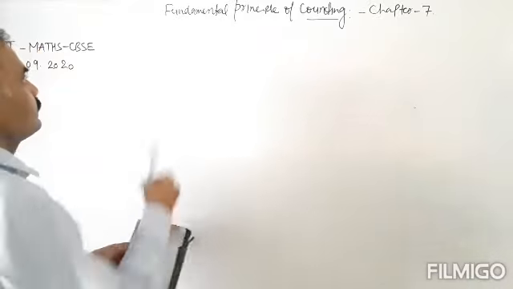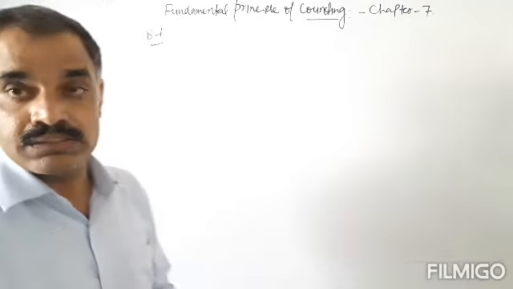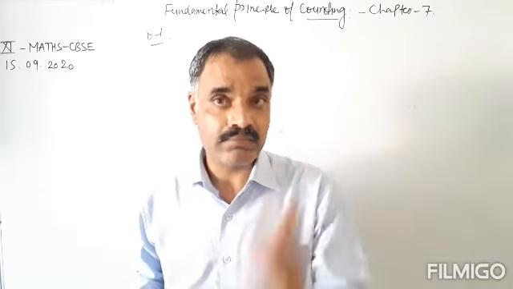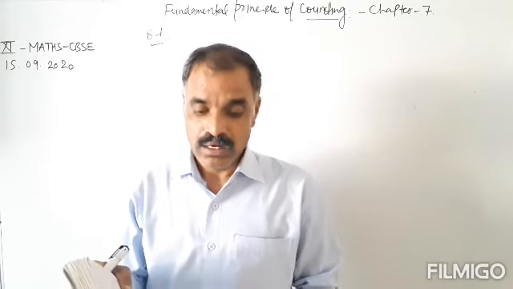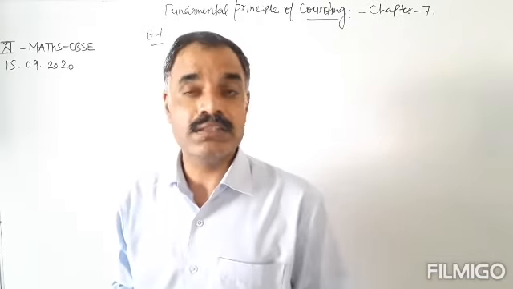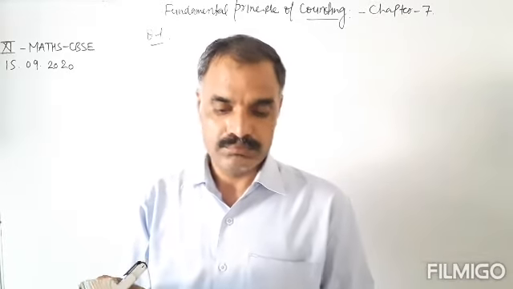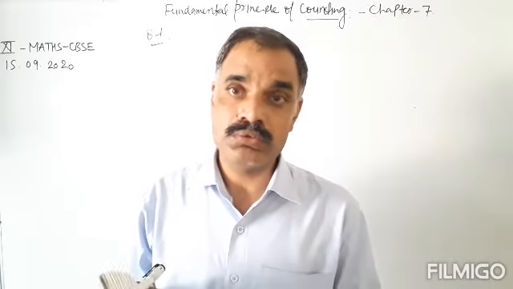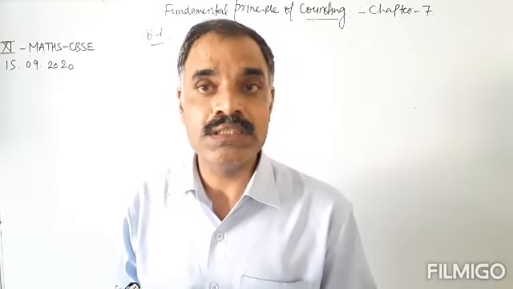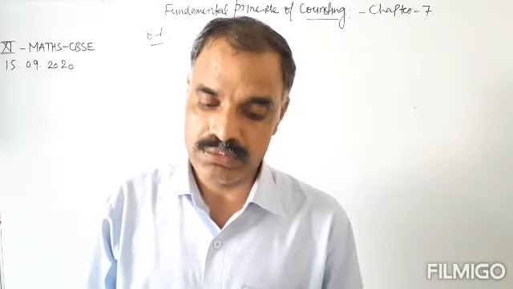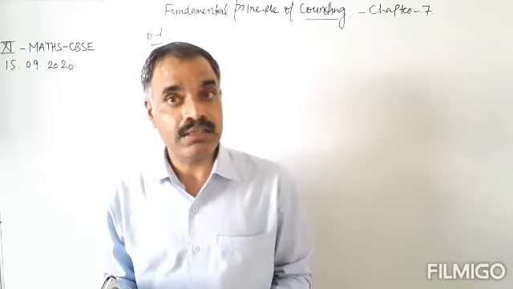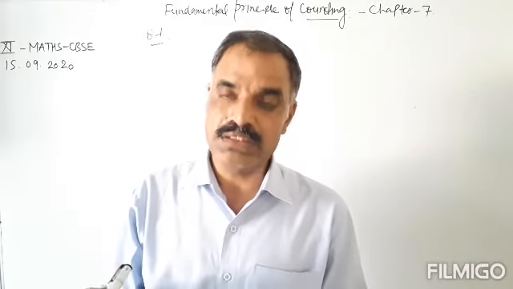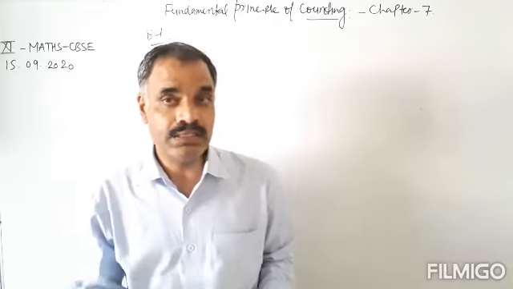Question number 1 is, now we will solve the questions. I am reading the question and also clearing the meaning and definition of this question. How many three-digit numbers can be formed from the digits 1, 2, 3, 4 and 5? The given digits are 1, 2, 3, 4, 5, and we have to use these digits to form the three-digit number, assuming that the condition is given: repetition of the digit is allowed, repetition of the digit is not allowed. So the condition is also given.